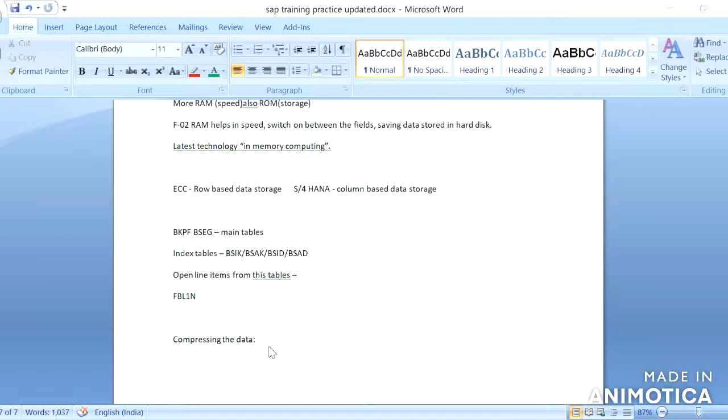In ECC, as it is row based, for example, if we take the BKPF table, it uses some 20 GB of data to store the information.